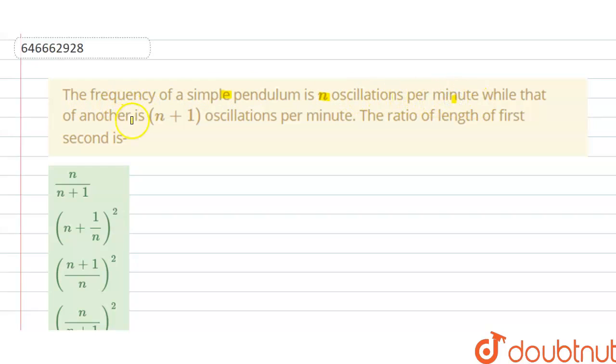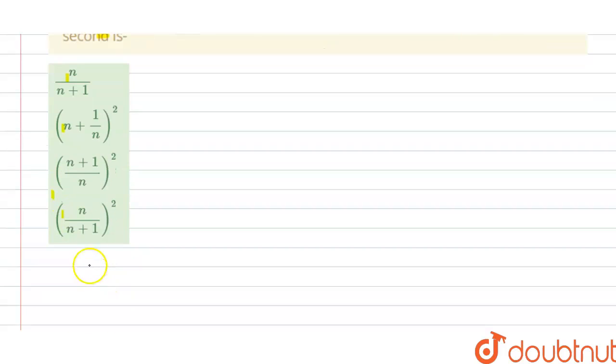Hello students, today our question is: the frequency of a simple pendulum is n oscillations per minute while that of another is n plus 1 oscillations per minute. The ratio of the first length to the second is, so we have options A, B, C, D given here. So the solution of this question is,